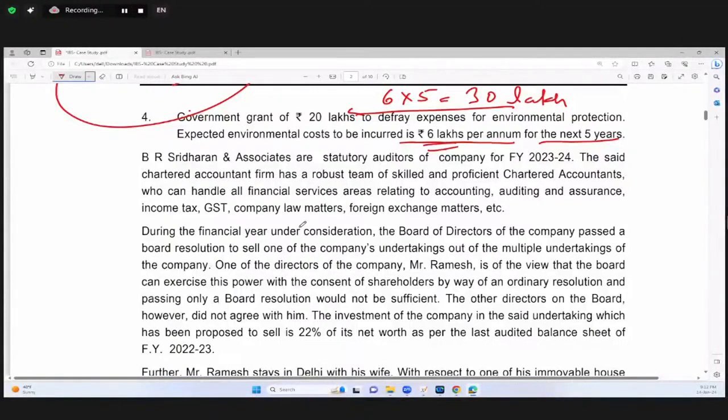उसने अपना व्यू पॉइंट दिया है। Other directors on the board however did not agree with him। अदर डायरेक्टर्स उससे एग्री यहाँ पे नहीं कर रहे हैं। The investment of the company in the said undertaking which has been proposed to sell is 22% of its net worth as per last audited balance sheet of financial year 22-23।